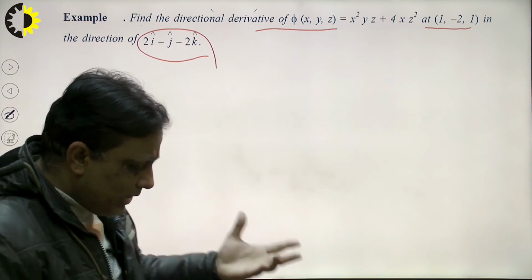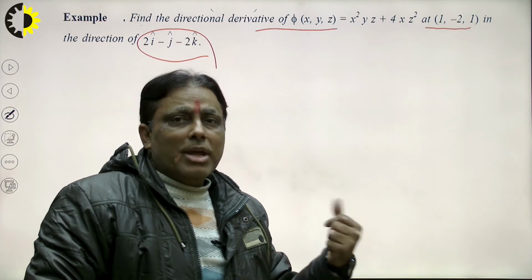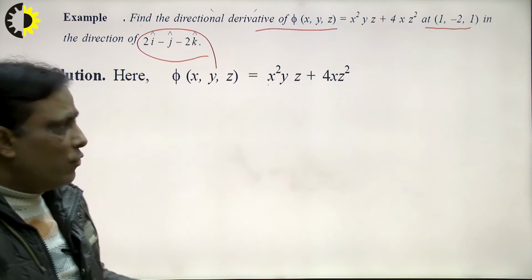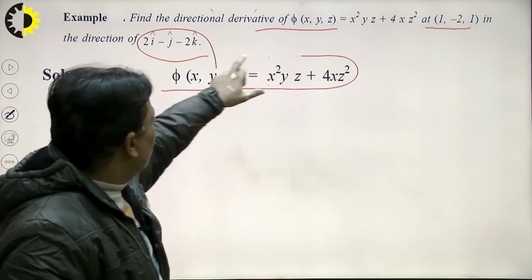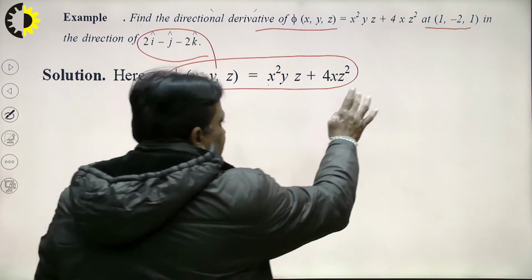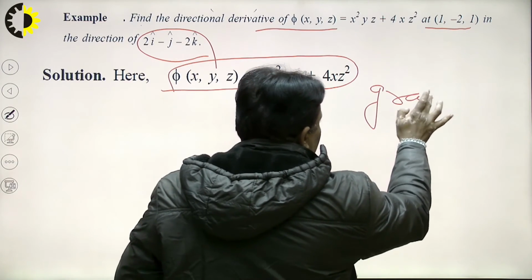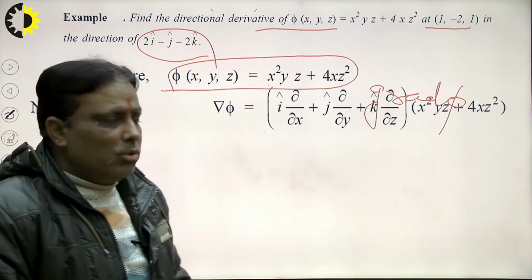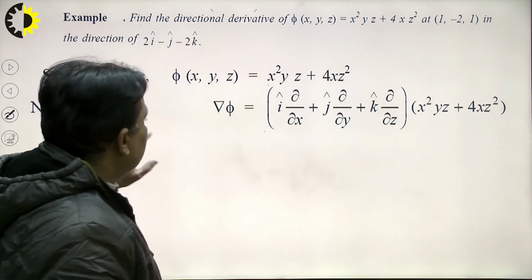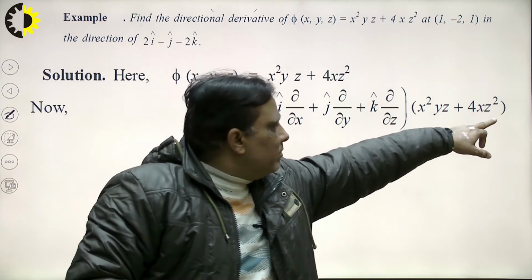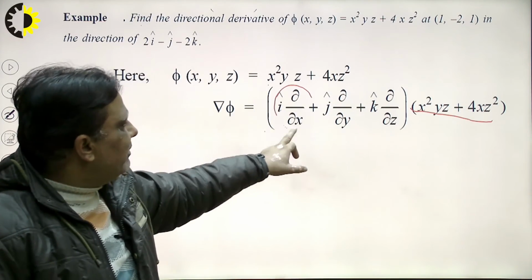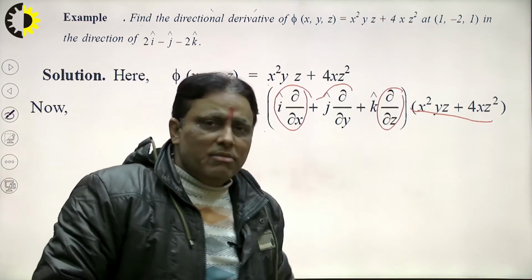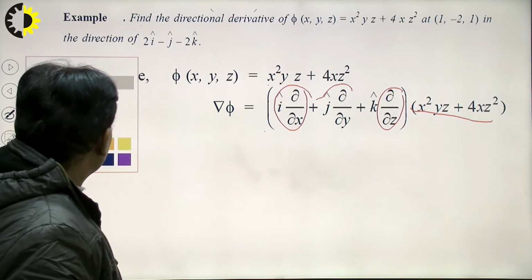Students know how to calculate the vector in the 2-dimensional plane or 3-dimensional plane. So first of all I calculate here grad phi. First of all this is phi, and I want to calculate grad phi here. First calculate grad phi, and it will be in the vector form, right? So I calculate here step by step, one by one. Del phi is equal to this. Suppose we multiply this term inside, so what will be the partial derivative with respect to x, with respect to y, and with respect to z. So we solve one by one here, right?